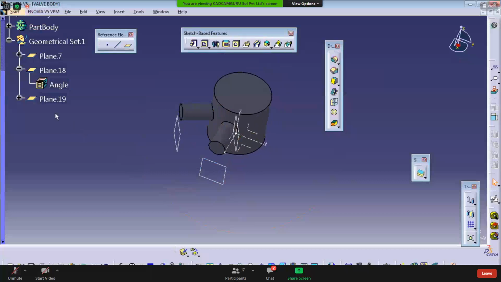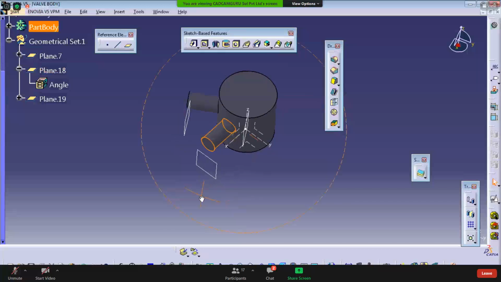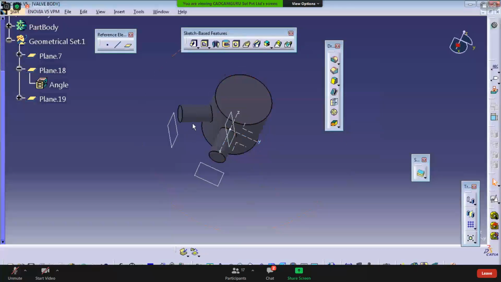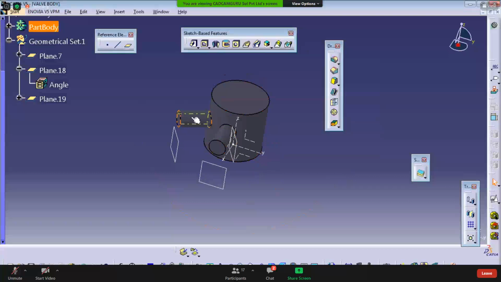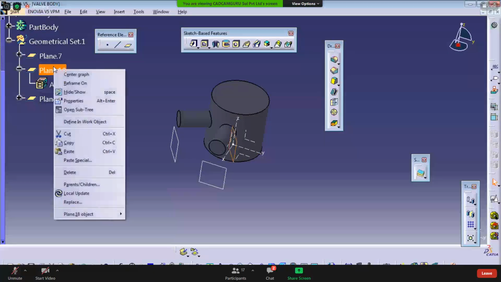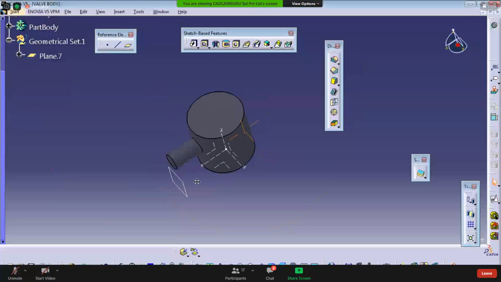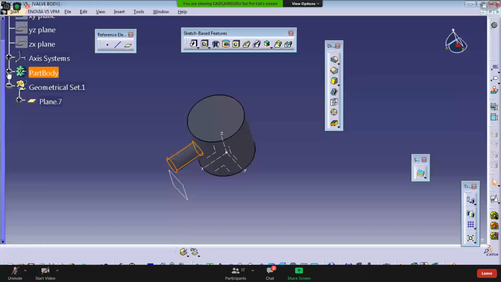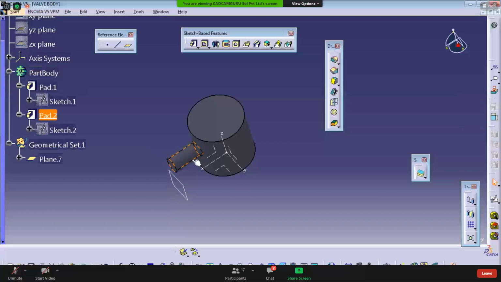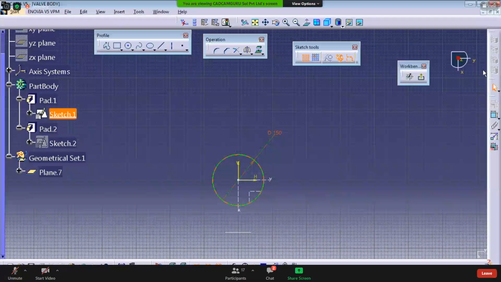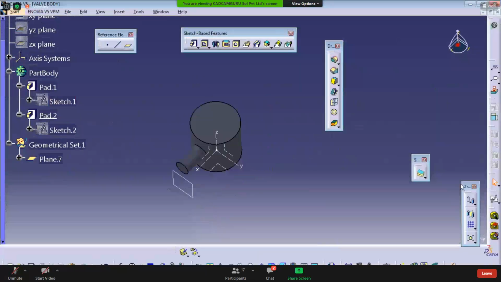All right. But suppose this feature we want multiple quantity, 4 quantity, 8 quantity. Currently I required 1 quantity. That's why I'm taking angular plane and use this one more feature using pad command. Okay, but now I'm going to delete this. I can rotate the same particular cylindrical boss around a circular periphery. Let's check how much the diameter is here. It is 150. So now I use this pattern command directly.